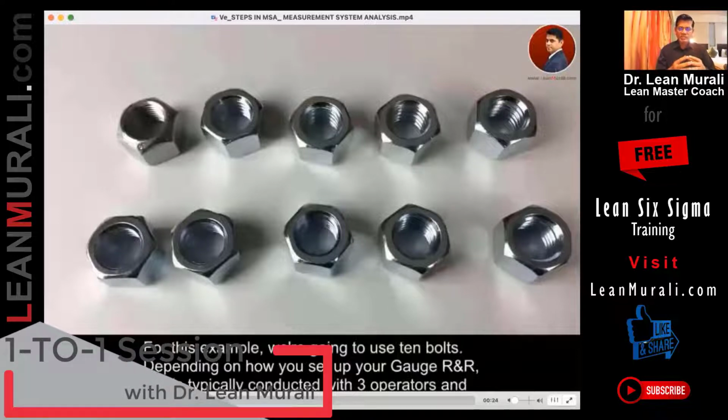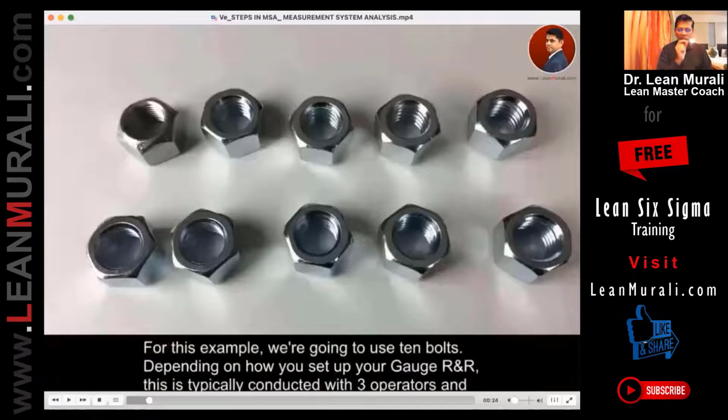Suppose all the cookies that I have weigh between 10.5 and 10.6. Then what happens is, you will not be able to infer whether it is a repeatability issue, a measurement issue, or a process issue. So for measurement system analysis, do not worry about whether the process is capable or not. Take the samples under the entire specification so that your device is able to detect 10 to 10.1